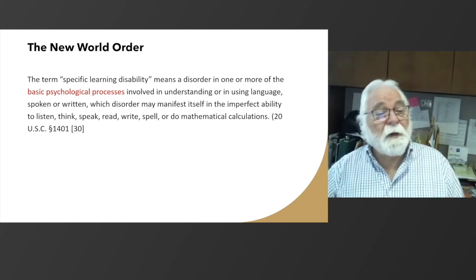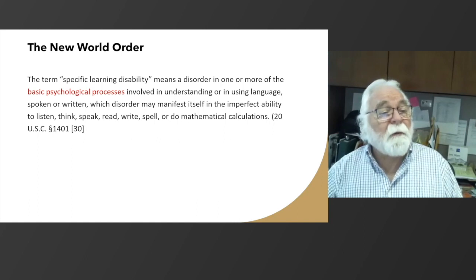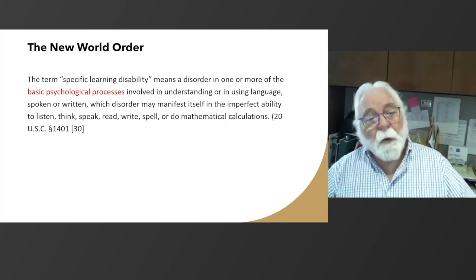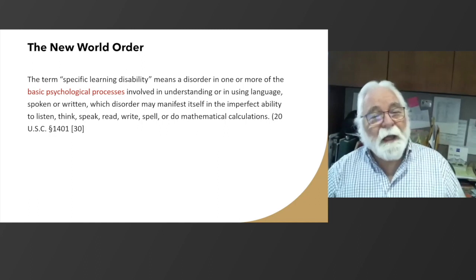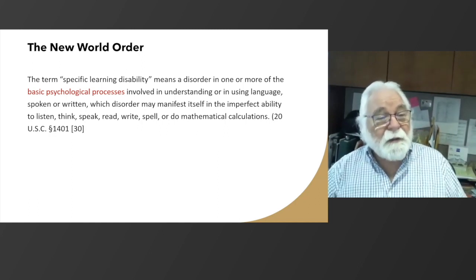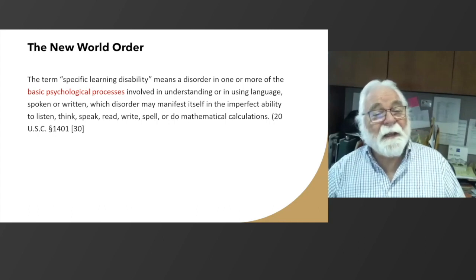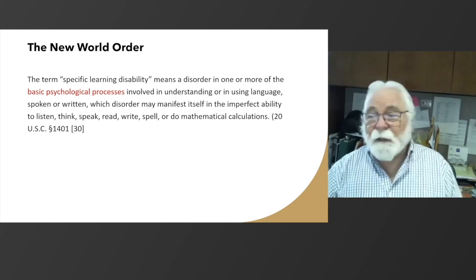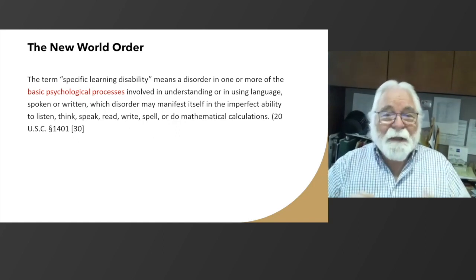The term specific learning disability means a disorder in one or more of the basic psychological processes. Okay, so we have a disorder in one of the basic psychological processes that is involved in or contributes to or underlies understanding of language, spoken or written, which disorder may manifest itself in the imperfect ability to listen, think, speak, read, write, spell, and do mathematical calculations. So the key part is basic psychological processes. And so that's going to become